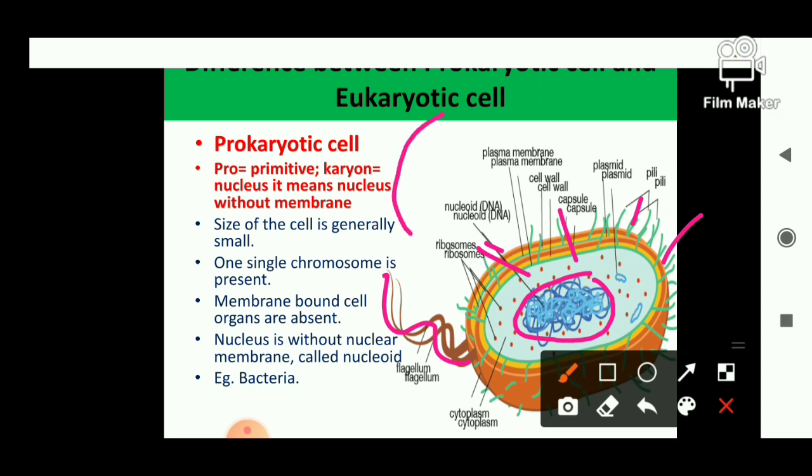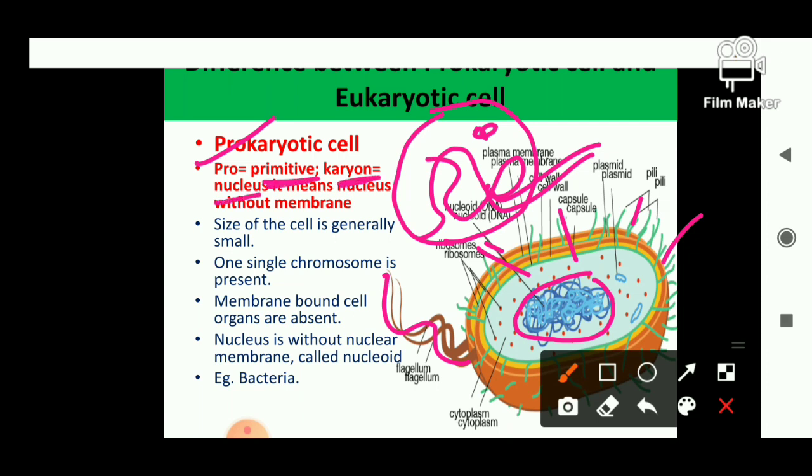It means a true nucleus should be like this. A membrane should be there, and the nucleoplasm should be filled inside, and this is a nucleolus, and the chromatin thread should be there. But here chromatin thread is there, but it is not bounded by any nuclear membrane. It is scattered in the cytoplasm. This type of nucleus is a primitive type of nucleus. So those cells which are having this type of nucleus, they are called the prokaryotic cell. It means bacteria is a prokaryotic cell, right? Pro means primitive, and karyon means nucleus. It means primitive type of nucleus is found in these type of cells.